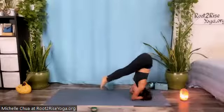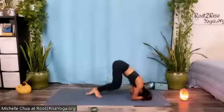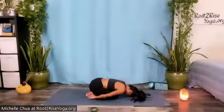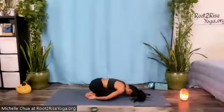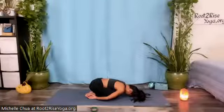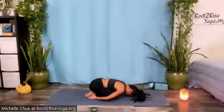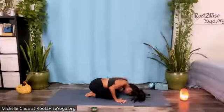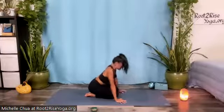When you arrive in Balasana, child's pose, rest your arms any way you like and pause at least 3 breaths, keeping your head low. With an inhale, slowly roll your spine upright and let's prepare for supine hero's pose, opening the fronts of the